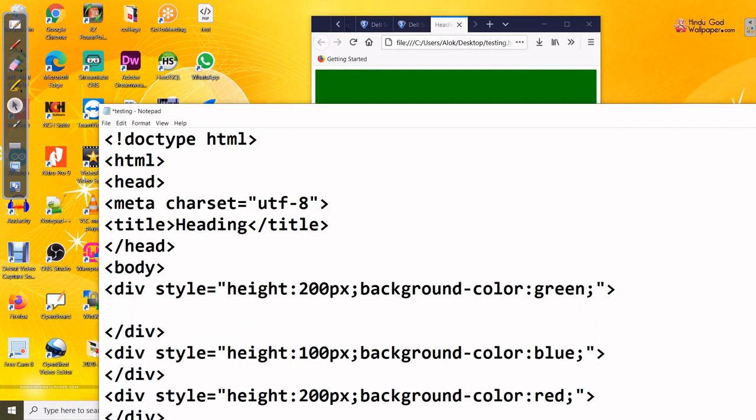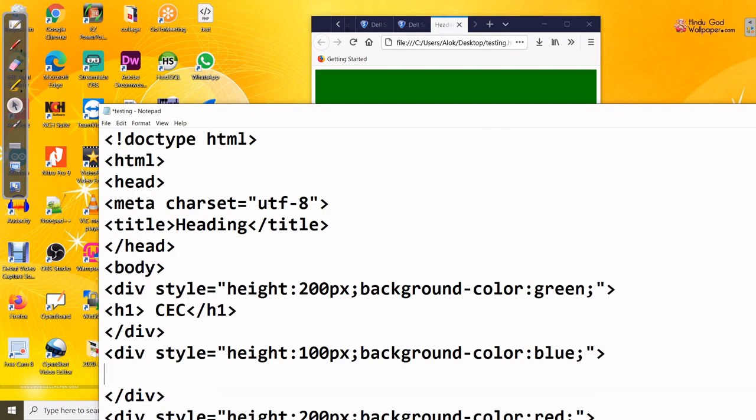I am writing here again the heading tag, you can write h1 and write CEC, close h1, another division, but before closing that division we have to write.